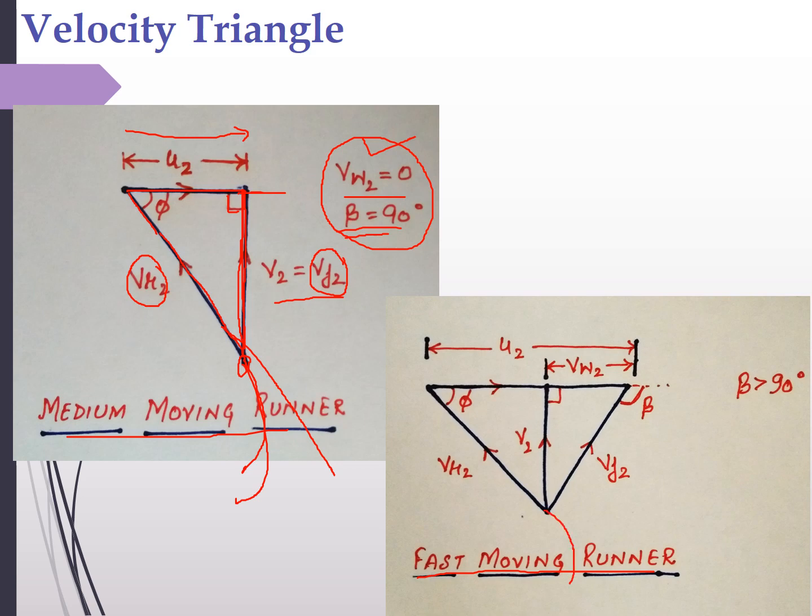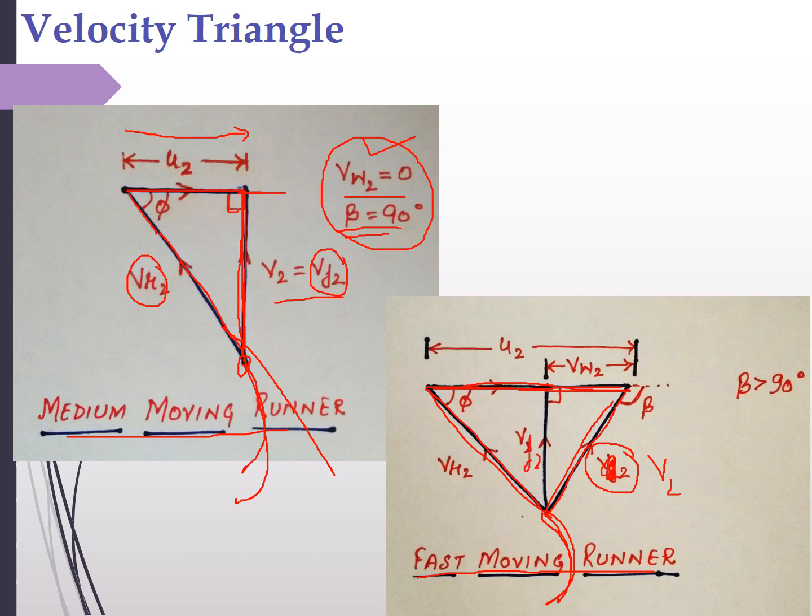Here VF2 is the flow velocity at the outlet. Similarly for a fast moving runner, if I draw a vane likewise this, VR2 again will be drawn likewise this, and U2 is the magnitude. We will be knowing the value of that as we know how to calculate this one. This magnitude we will draw, okay. Then a vector which will complete this triangle will be given by this, and this will be known as V2.